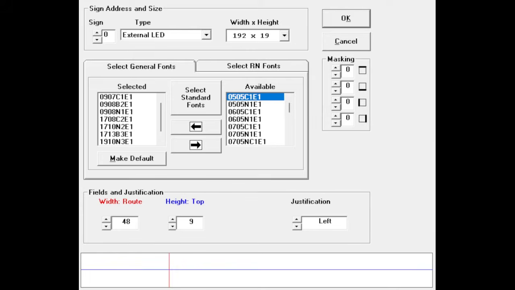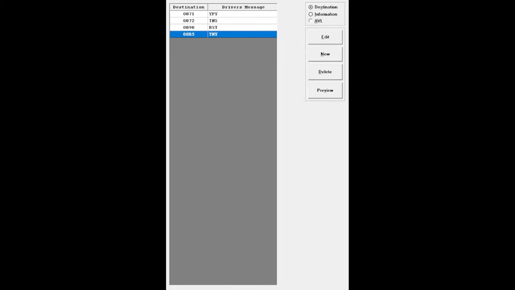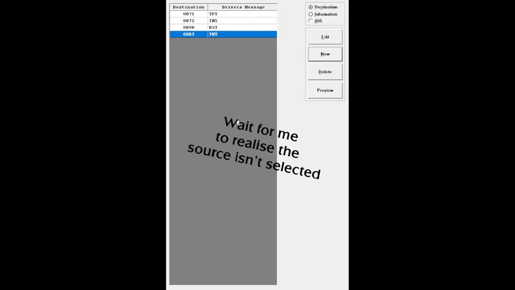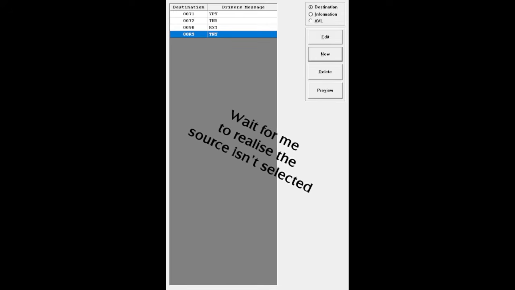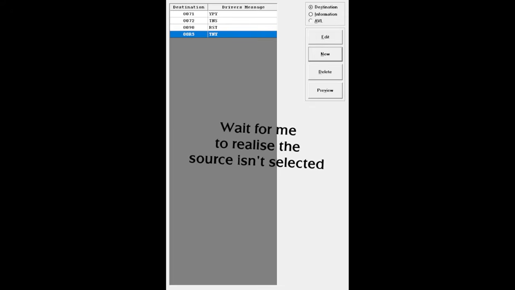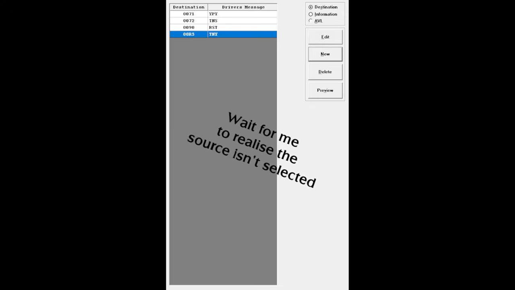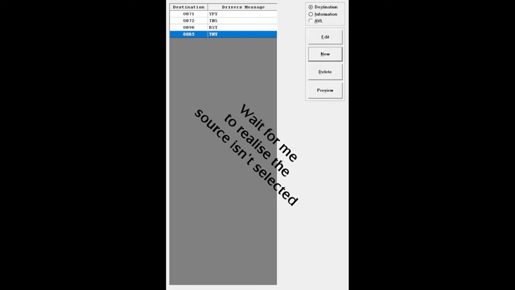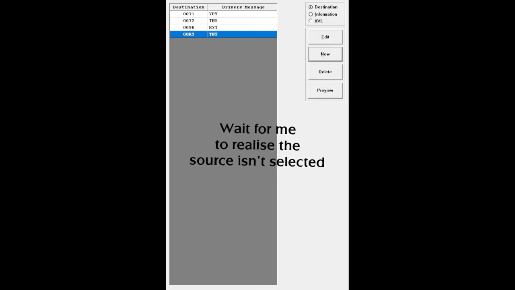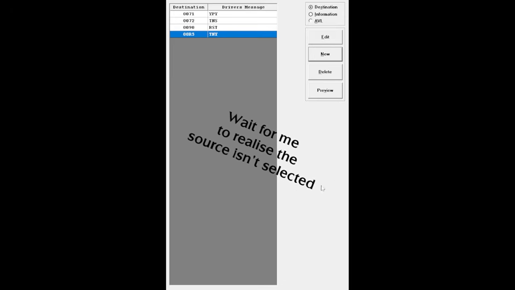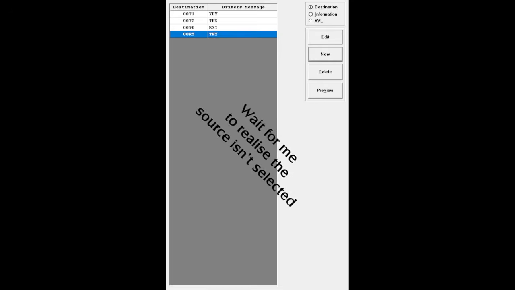Now the signs themselves are 16 LEDs tall, but I use 19 just because it allows me to use the Arial font. So if we get rid of that, and we pull back to here, we're going to create a new sign. We're going to create something simple, so Shorncliffe. I'm going to put in 00, I think it's A0 or A1. I think A is Shorncliffe. Yeah, I think it's Shorncliffe. So I'm going to put in the 3-letter code for Shorncliffe, which is SHC. And then we're going to type Shorncliffe